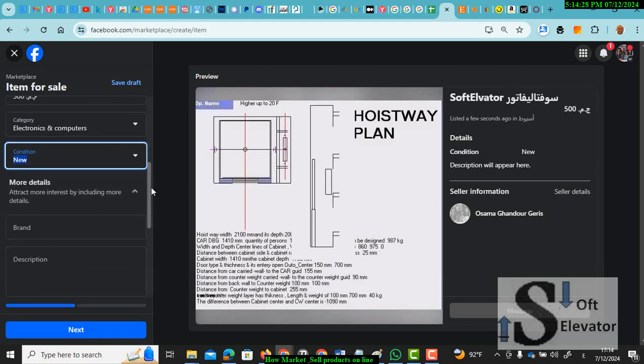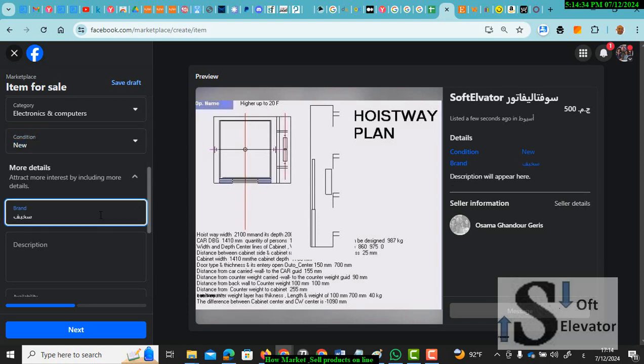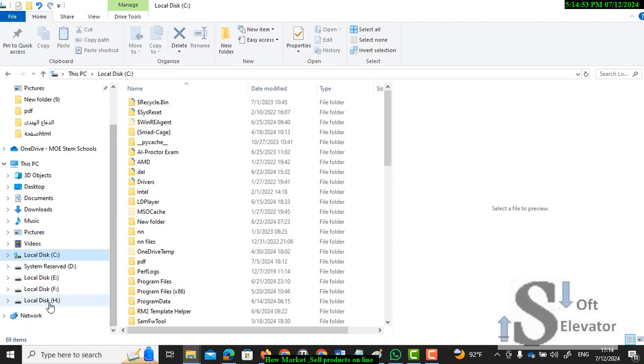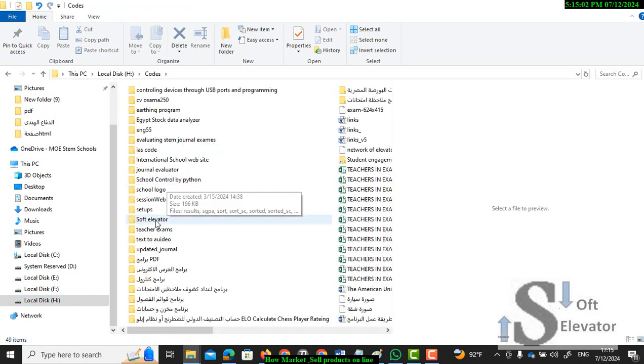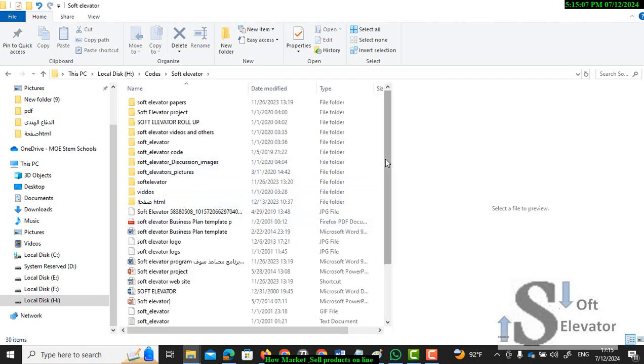If you have a used thing like a refrigerator or washing machine, you can choose used. Brand: Soft Elevator. And if you have the description, you can bring it from your folder of the program. So you will open this file and then fetch and copy the description of your